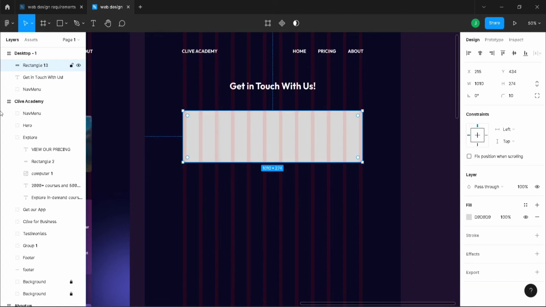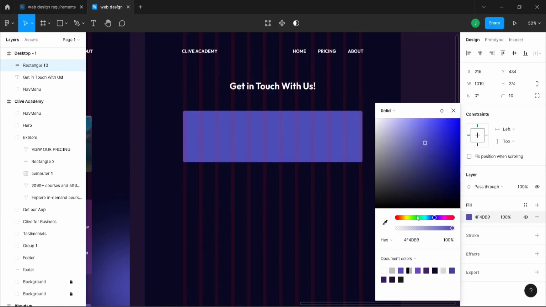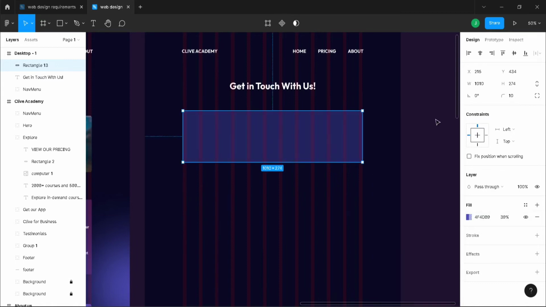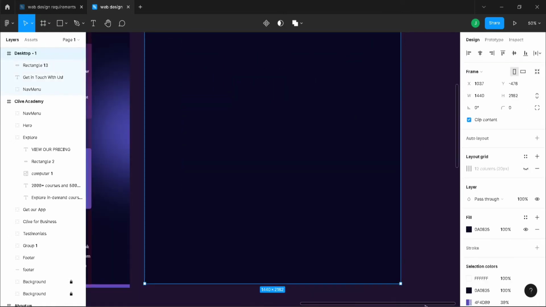And change the color of that to, can we make that white? No. Okay, let's change the opacity. I think now it's fine. Okay,